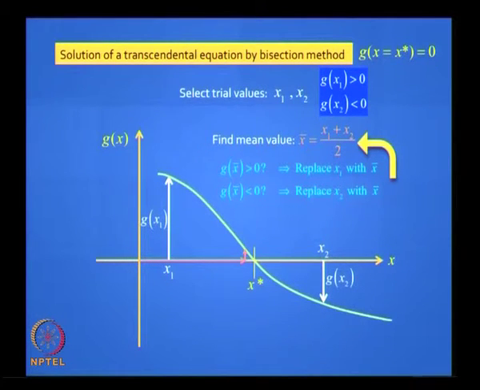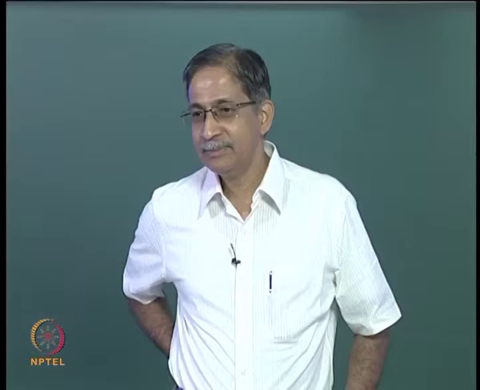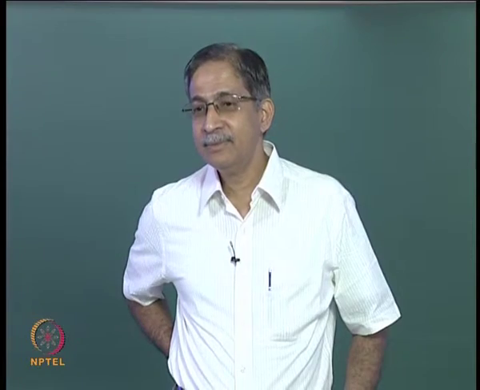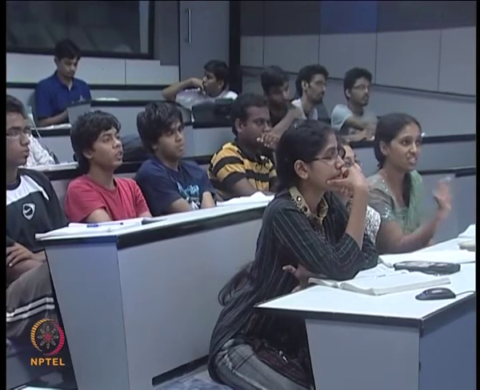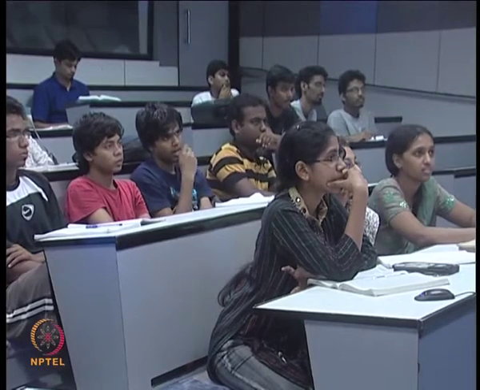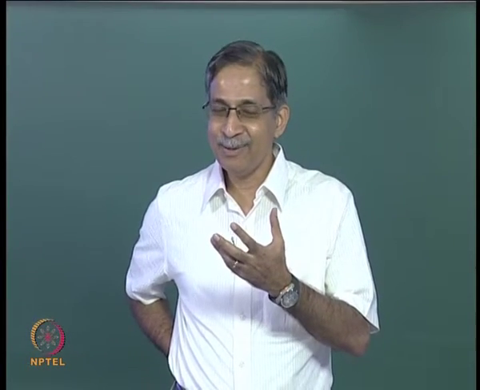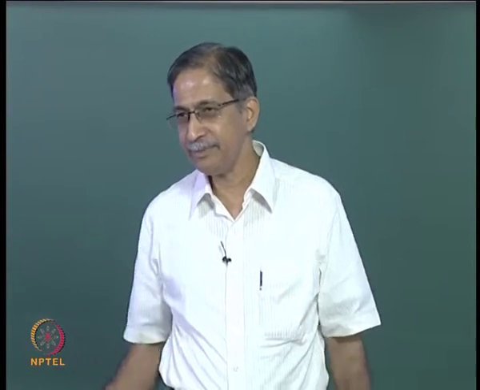You plug in that value and figure out whether it's positive or negative. If it's positive, you replace x1 with this new value. If it's negative, replace x2. Then what do you do next? You can again bisect. Then put it in a do loop. Then you keep doing it till the difference between the two values of x is very small, till you converge, and you have to decide when it has converged. So you have to apply a tolerance and decide. Okay, that's all, very simple.